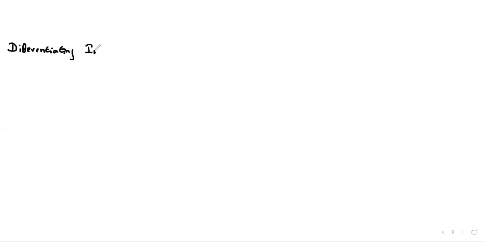Differentiating inverse hyperbolic functions. Yep, that's the next topic, right? Okay. Initially, the first differentiation we should know is if you differentiate